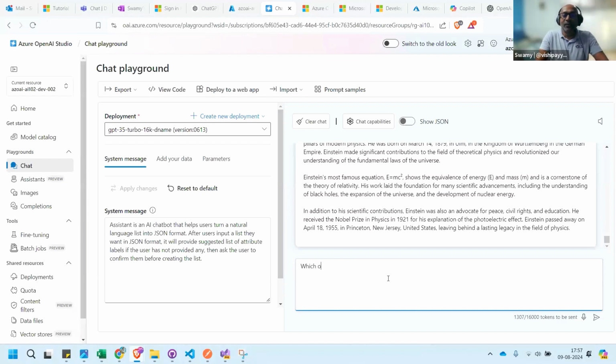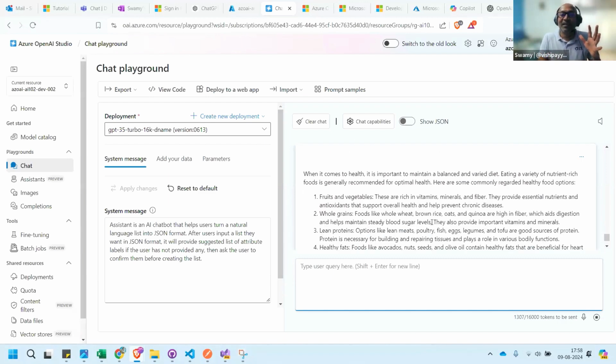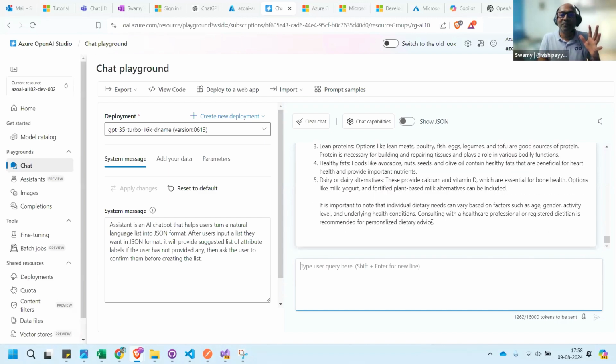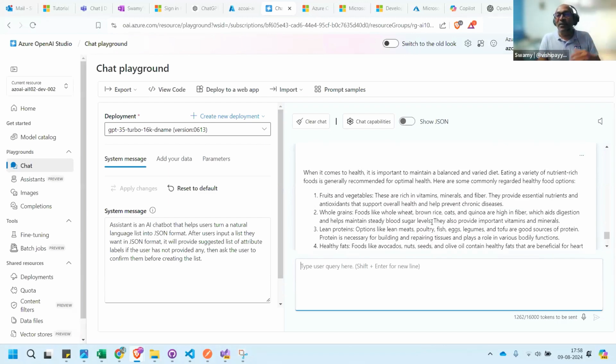Now I say, which one is best for health? Now see this. It uses its intelligence, because we spoke about dosa or the top 5 South Indian foods. Then we spoke about a couple of fruits. Then we spoke about Albert Einstein.